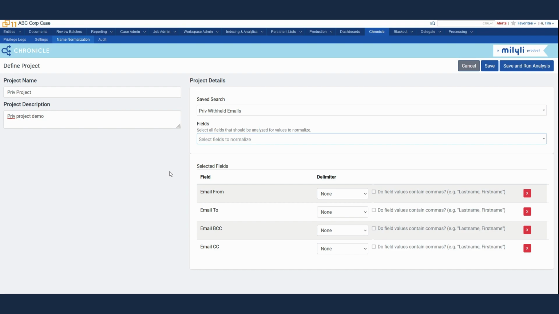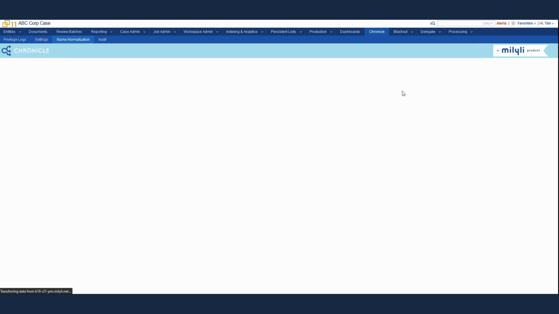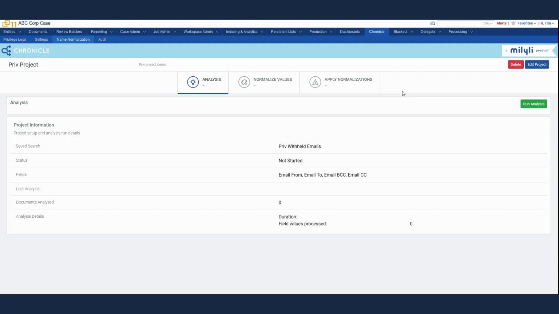And since we used Relativity processing, they were imported semicolon delimited. There are several other options such as comma and tab, which are some of the common ways that processing engines import data into Relativity. So those options are here. Once we've filled this out, we'll go ahead and click Save, and we'll automatically be navigated to the Name